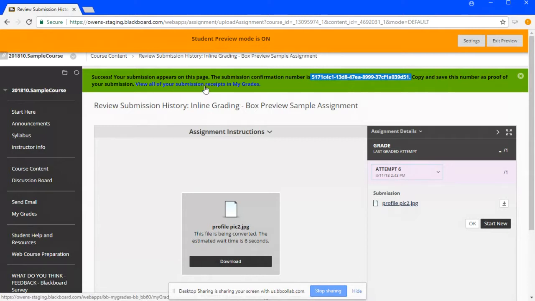If you, as a student, and we're not quite sure because there are a couple of discrepancies in our staging server, if students will be able to utilize a hyperlink in this message. So we're encouraging all instructors to let their students know to save this number, to write it down and save a copy of it somewhere as a web student, whether they copy it and paste it into a Word document.